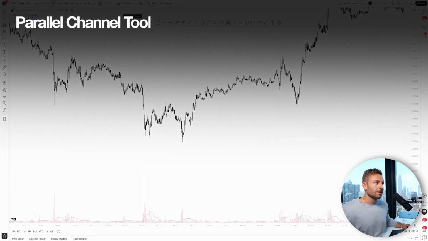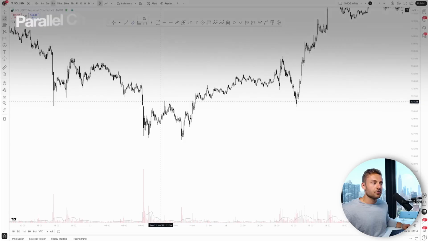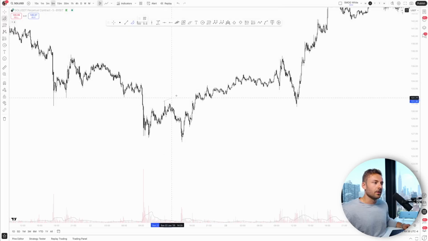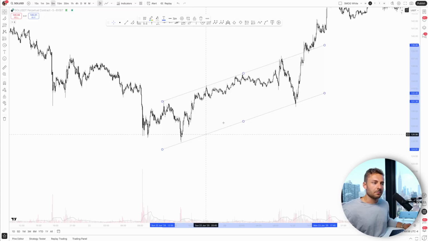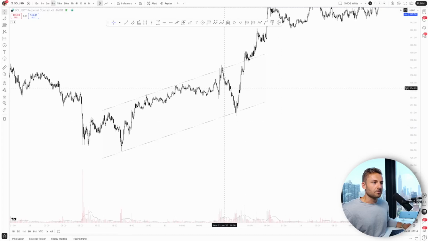Okay, there's also something called the parallel channel tool. Just like the trend level before, I can click at a high point, go over to other high points, click, and then drag back down and click again. That's going to give me a lower, perfectly parallel line. You can see off of this drawing, price came back down off of that level and then made a significant